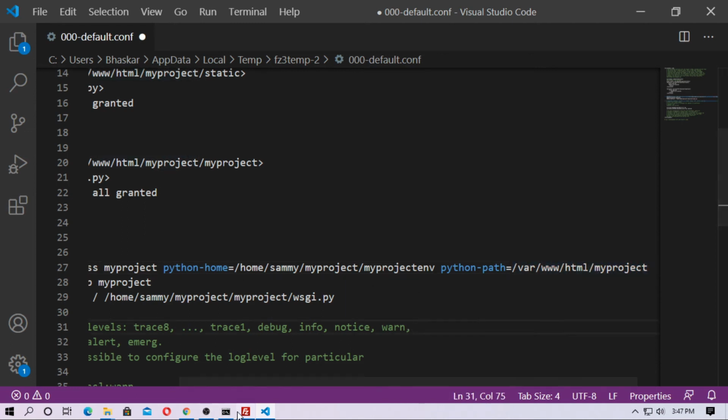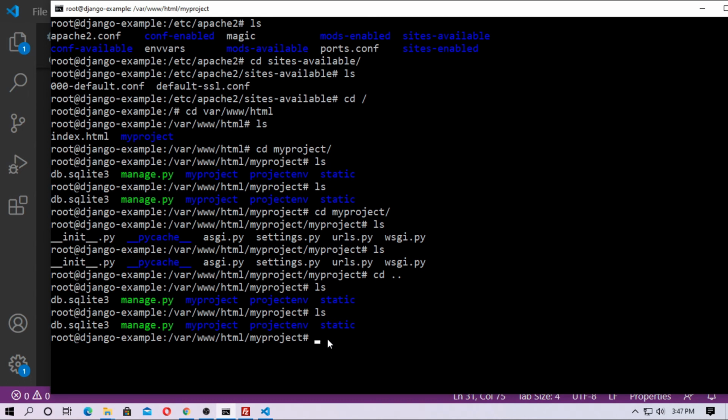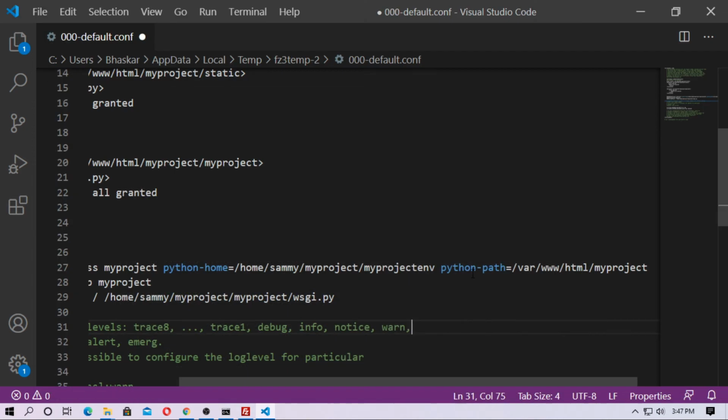Now go to the console and this is the project environment. So just cd project environment and this is the path of the Python environment. Copy this and paste here Python home equal Python environment.